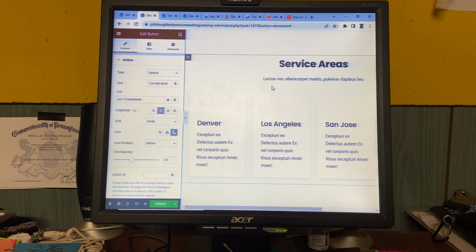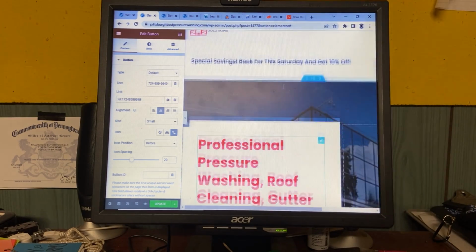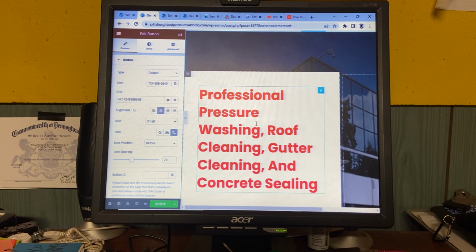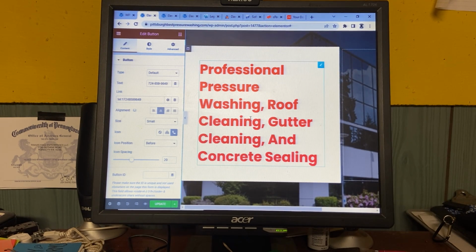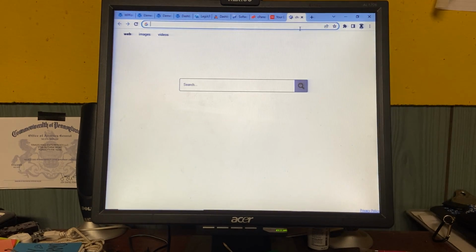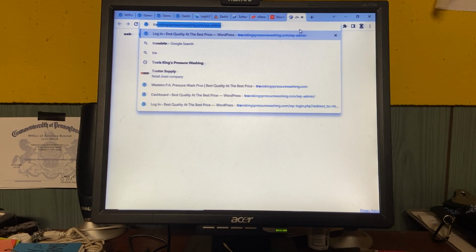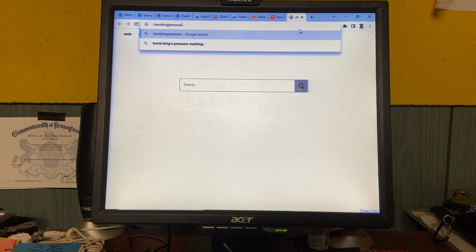I'm going to show you guys how to make city pages, which is an on-page SEO tactic that will help you rank your website pretty high by making clones, basically templates of your page, and then changing this H1 to have the city name included after each one. I'll show you one I've already done. I'm going to show you guys how to do it later. I'll show you what it is about right now.